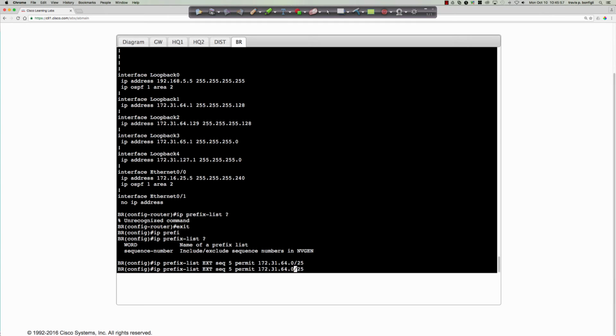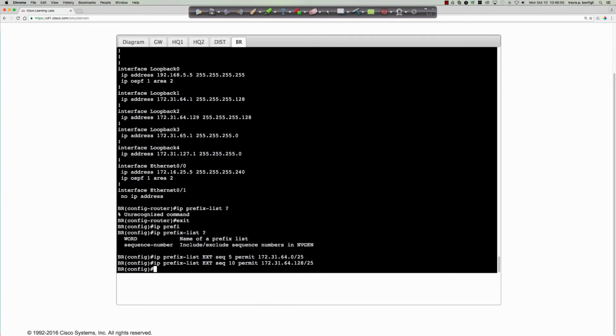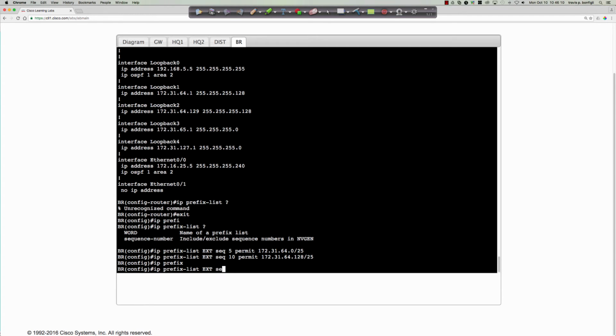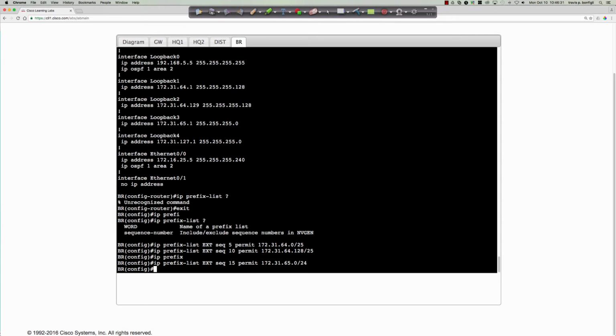Then I'm going to come back and I'm going to say 64.128, but we need to change our sequence number, so we'll go up by 5, say 10. Now we're going to match these /24. So IP prefix list, external information, sequence 15, and I say permit, which in this context means I'm matching the 172.31.65.0 slash 24. Make sure I got that right. Loopback 3, 172.31.65.0 slash 24. And then we're going to get the